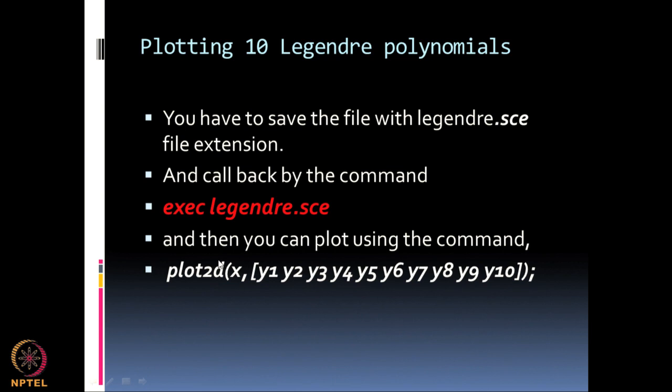Now, there is another important function I want to spend time on, it is called the fitting function. Remember when we did programming, we fitted a polynomial to a set of data points. We also fitted a straight line. So, Scilab also gives a procedure to fit a function to a given set of data.